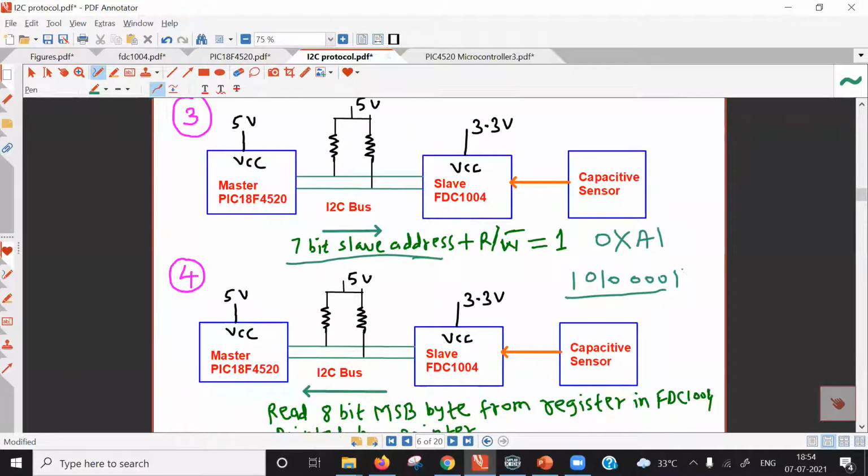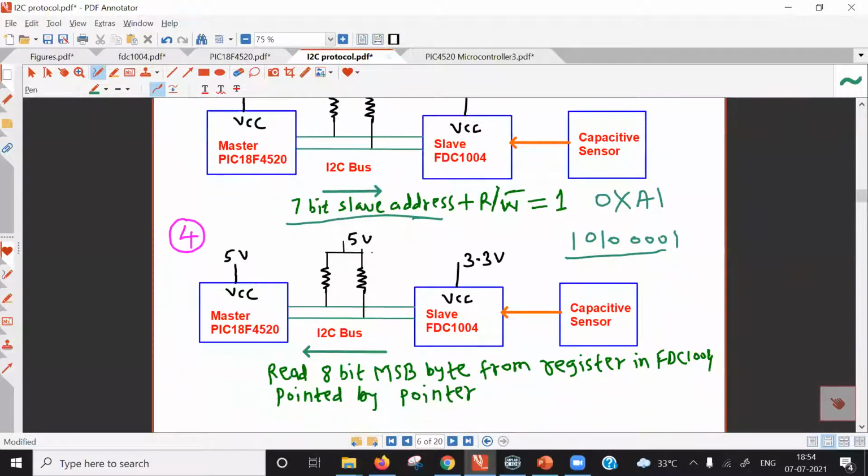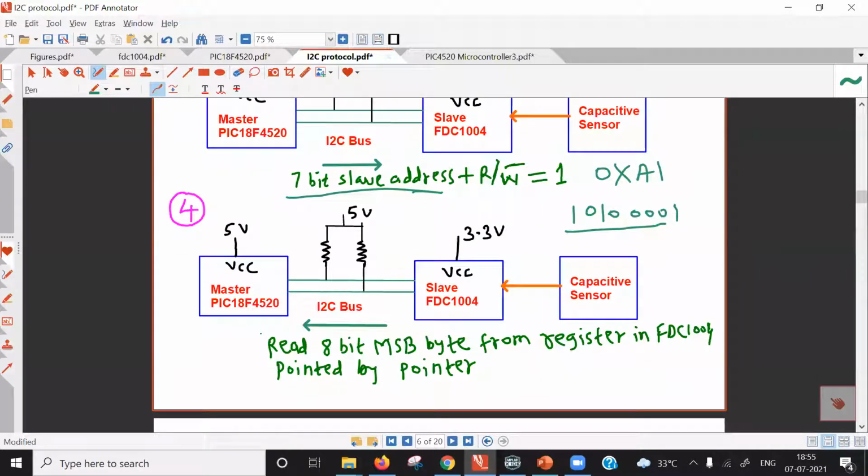So in cycle number 4, as our 8th bit is 1, the next operation is a read from the slave device, and look here at the direction of the arrow. This arrow is pointing towards the master device. So the slave device will transmit data serially, and it will be received by the master. Now the master is in receiving mode and the slave is in transmitting mode. But remember, read or write frames are initiated by the master, not by the slave. Now the master requested the slave device for a read operation, and that's why the slave device starts transmitting serial data on this serial data pin, and it will be serially received by the master in the SSP SR register. That is the serial shift register.